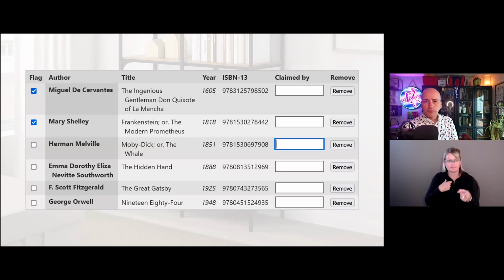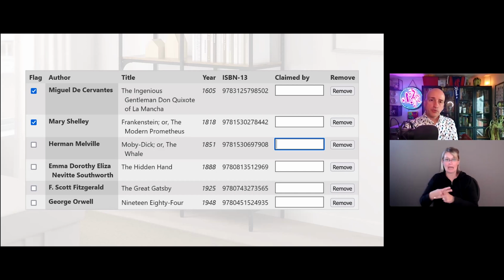Here I have a table of books again. The checkbox comes before the author row header, so it already needs more context. The label element does what we want here. If you absolutely have to convey the column header for those checkboxes, which is flag, in that accessible name, then use ARIA labeled by to point to the column and row headers, both of them together. There's a text box in the second last column, and it uses ARIA labeled by to combine the row header, which is the book author, and the column header, which is claimed by. So a user might hear Mary Shelley claimed by input type of text.